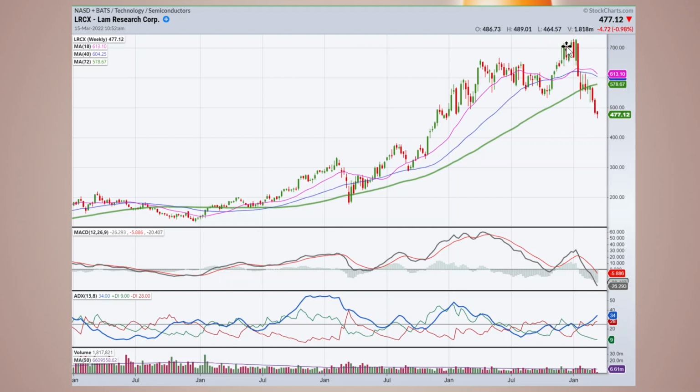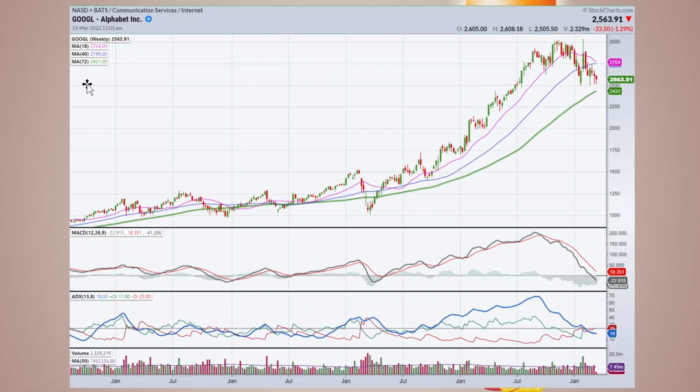But I want to make sure you understand that this is not the kind of weakness you want. I mean, this stock has dropped a lot. It's gone from almost $750 down to under $500 in a very short period of time. I know that people are looking at this and saying, wow, I could have bought this at $700 and it's dropped so much in a short period of time. Let me hop in here. But when you get this type of weakness, it usually leads to more weakness and/or more consolidation before it can turn around. We're going to need either a sign of new support to develop or some sign of a climax reversal before we're going to make any money in something like this.